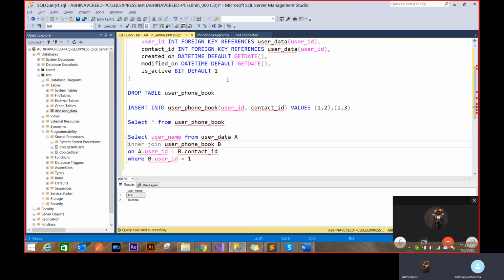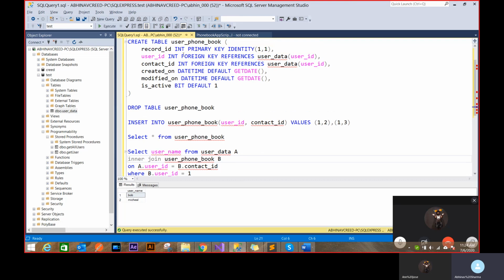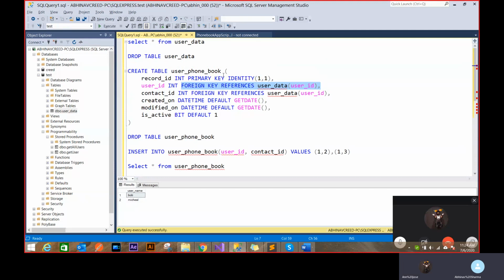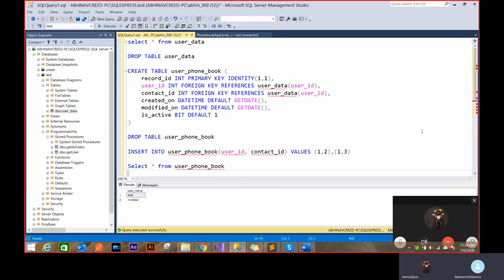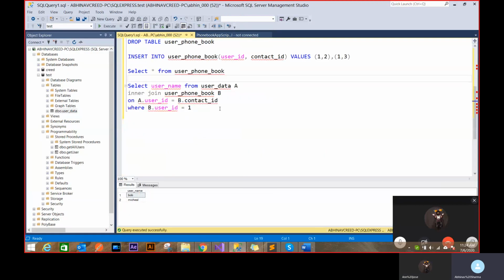So inner join is a perfect thing for me, because I only want those records that are actually with the contacts. And I'm enforcing a very strong foreign key constraint, so I won't have any record which is not there in the user data. So anyhow, my outer joins won't really matter here much. I won't be able to push those records, because I don't have any other column with those nulls. I'll show you outer join in a different application, maybe a phone book or library management or something. But this is the idea of how joins work.